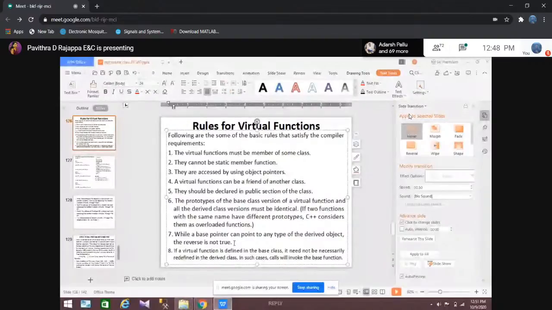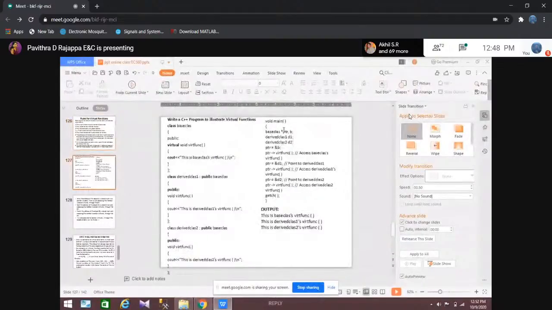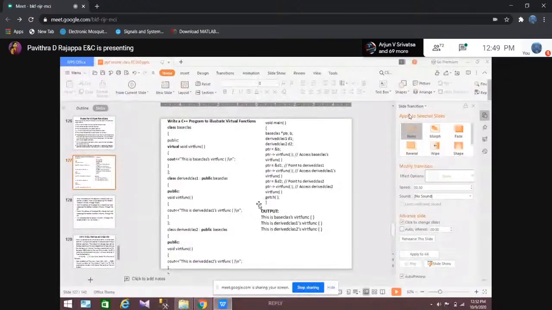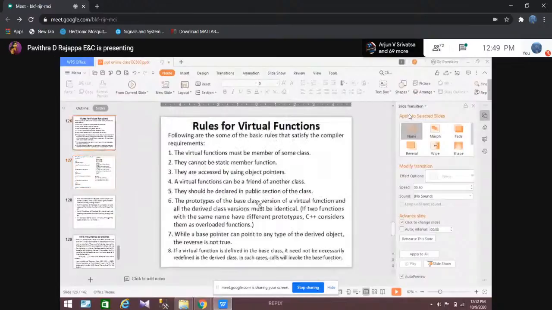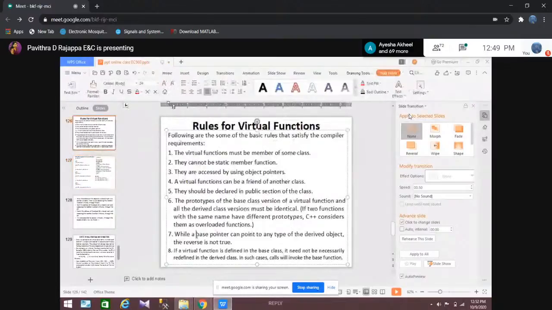So the pointer variable declared for the base class can be used to access the member functions of D1 and D2. But if I create pointer variables for derived class 1 and derived class 2, those pointers cannot be used to access the base class member function. Only the base pointer can point to any type of derived object, but the reverse is not true. This you can remember.